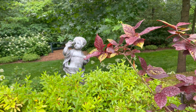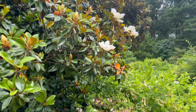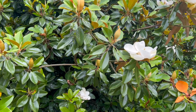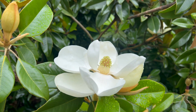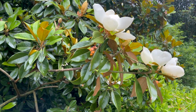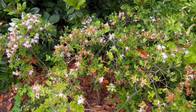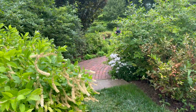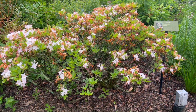Here, fragrance. Most of the fragrance is coming from the southern magnolia here. This is one of the plants that we're pulling from the south, from the southern part of the Piedmont. They do really well in Delaware, and actually have been growing pretty well in Delaware for a couple of decades. Another nice fragrant plant here, not quite as fragrant, kind of on the wing here, is the sweet rhododendron